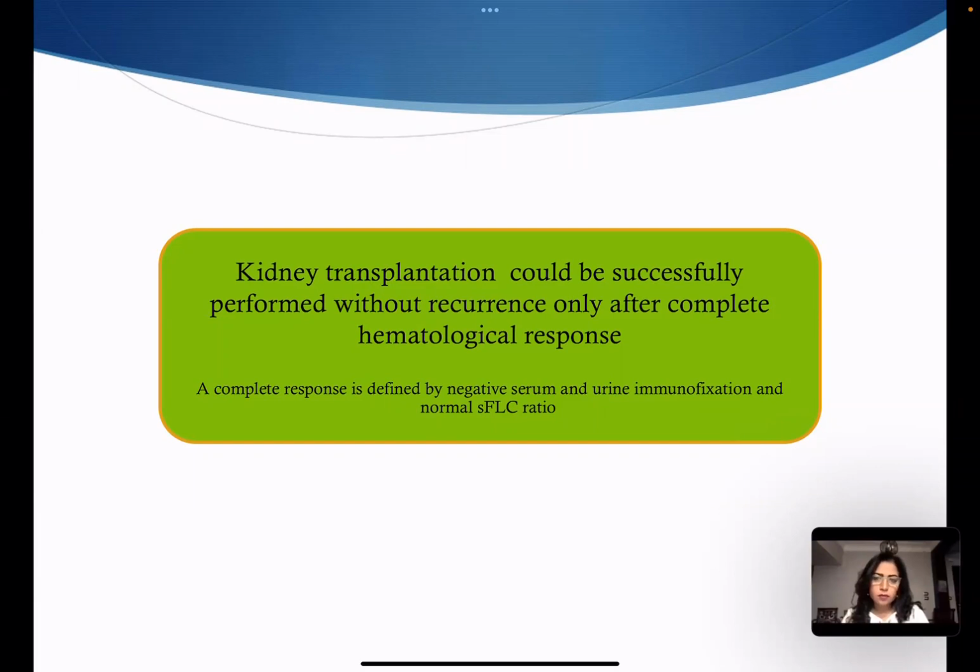But on any account, you have to achieve a good or complete hematological response, defined by negative serum and urine immunofixation and a normal free light chain ratio in the serum. This is as opposed to the very good partial response, which is not enough